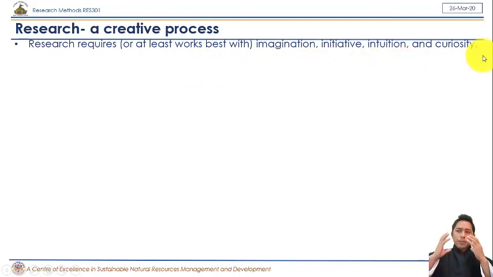Meaning, whatever is written in your proposal, whatever you have actually thought and designed, you need to again work closely with those mental maps that you already made. But again, if you can put creativity throughout your research project, then the kind of results that you will get from your research will immensely change. So there are many ways that you can have creativity in research.